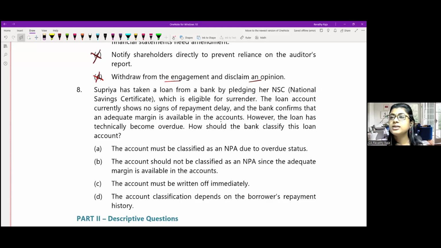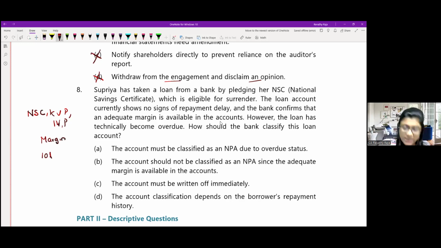NSC. There is a provision. If the advance is secured by NSC, National Savings Certificate, KVP, Kisan Vikas Patra, IVP, Indira Vikas Patra, and all these are securities of whom? Whose security is it? Central government security. Once it is guaranteed by the central government or backed by central government security, provided there is adequate margin. Margin means